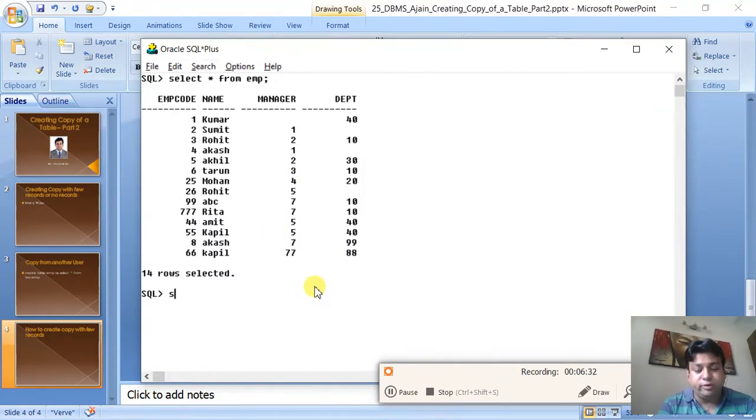So now what I will type, create table test7 as select star from EMP where EMP code is greater than 6.